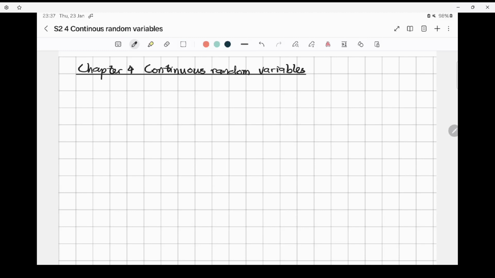Hi everyone. So today we'll enter chapter 4 on continuous random variables. In the previous chapter I showcased a little bit what continuous random variables are all about. So for discrete random variables,